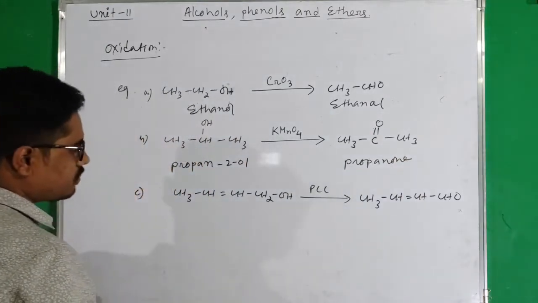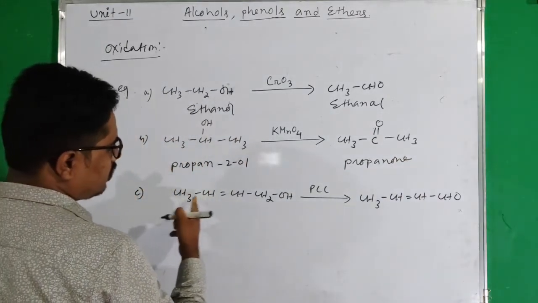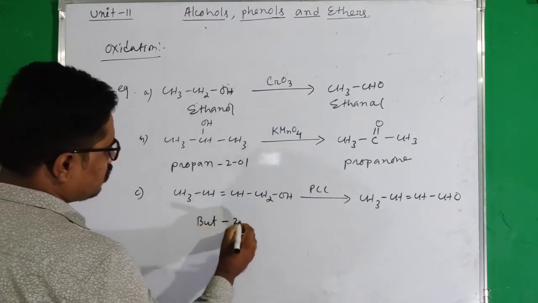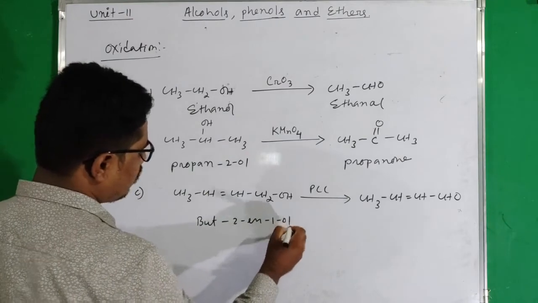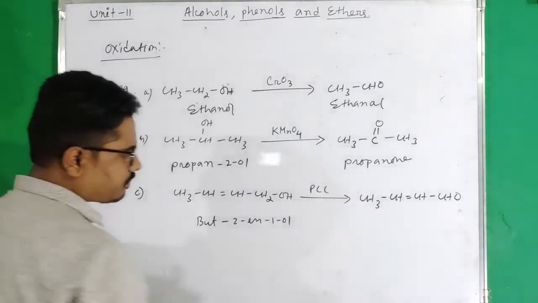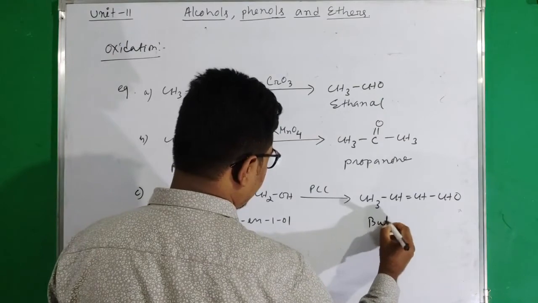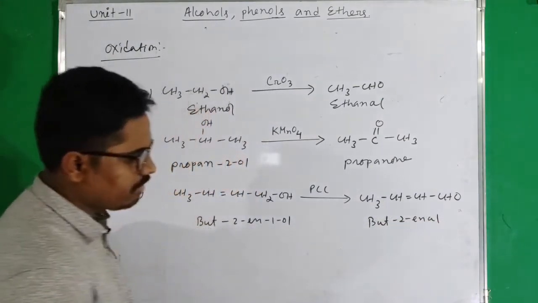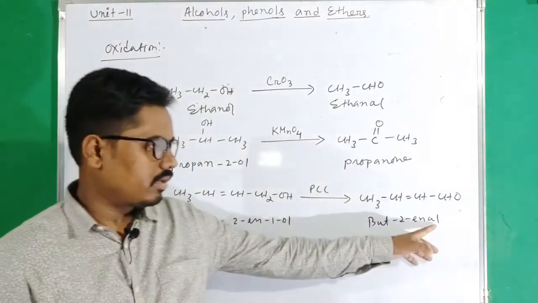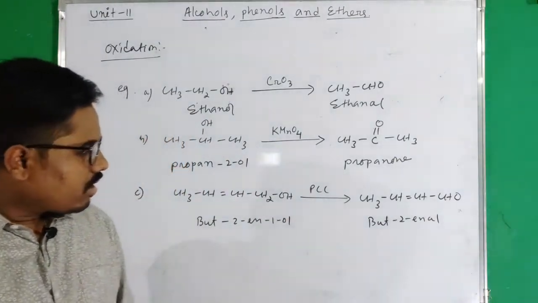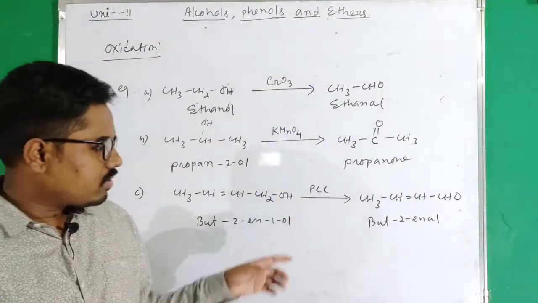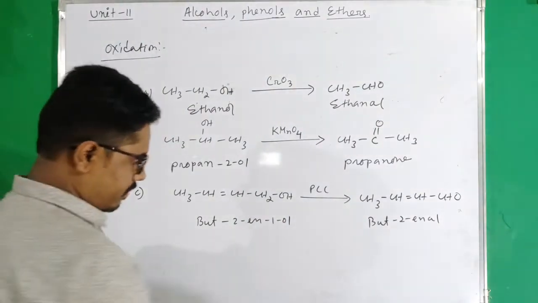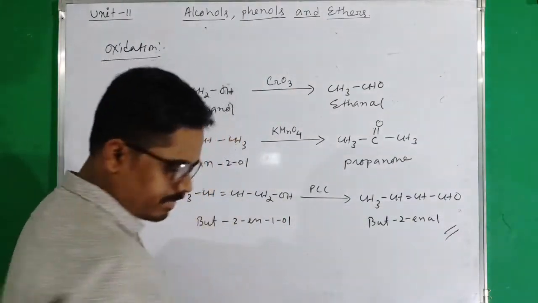Okay, and this one is 1, 2, 3, 4, that means but-2-en-1-ol, and then this one is but-2-enal, because aldehyde is present, therefore you have to add al. In this case alcohol is present, that means OH group is present, hence we have to add ol. So we are taking example of